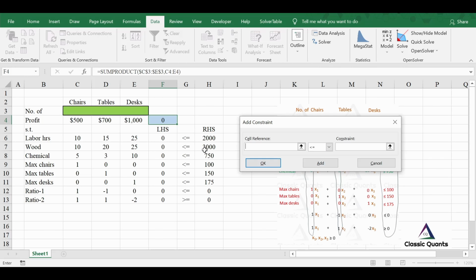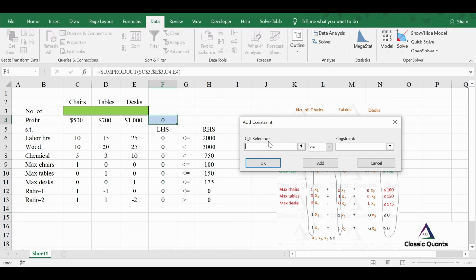So what will happen if you make these types haphazard? Nothing will happen, everything will be fine. Just you have to enter every constraint separately. That will be a little difficult or hazardous or time consuming. Otherwise, if you feel that that is good for you, you can do that. But this is a handy method of doing things.